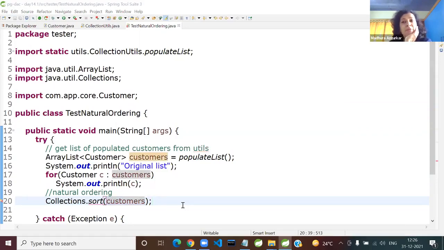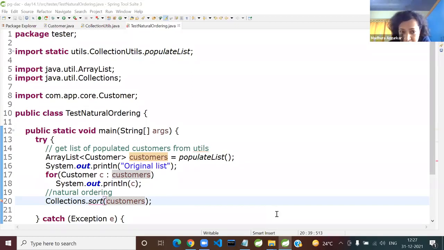Anyone wants to tell me why there is a compiler error? What is it we have not yet done? Or you can simply tell me why there is a compiler error. Yeah, so Saurabh, I want a better answer than that. I am not accepting compared to as the answer. Yeah, I know compared to is not defined. I want a better answer.